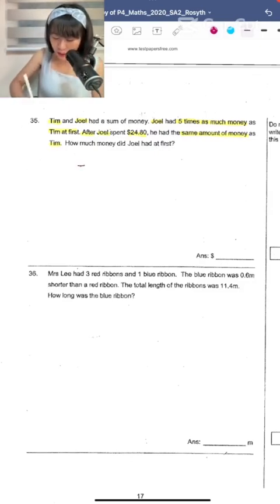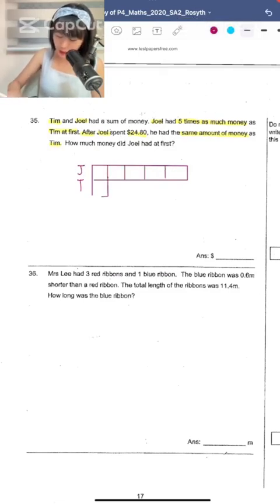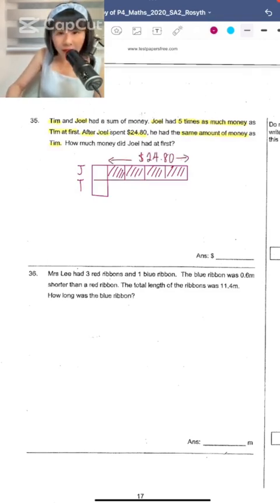Joel and Tim. Joel had 5 times first, right? So 1, 2, 3, 4, 5. And Tim will be something like that. Joel spent $24.80, then we have the same amount. So whatever he spent, he must spend until it is the same as Tim here. So this is the part that he spent, $24.80. And this will be your end model. So in other words, you should know that 4 units is equal to